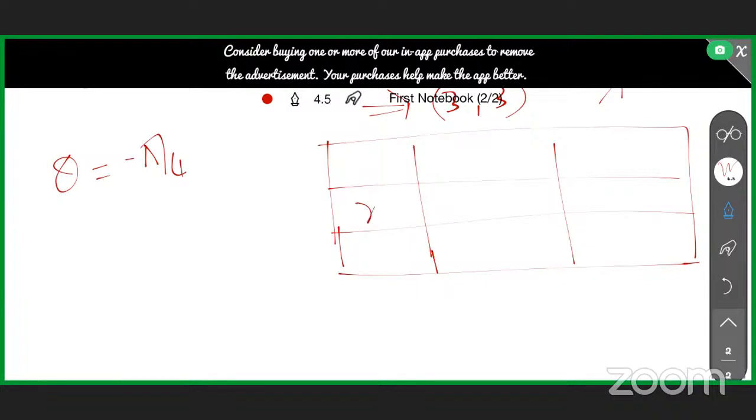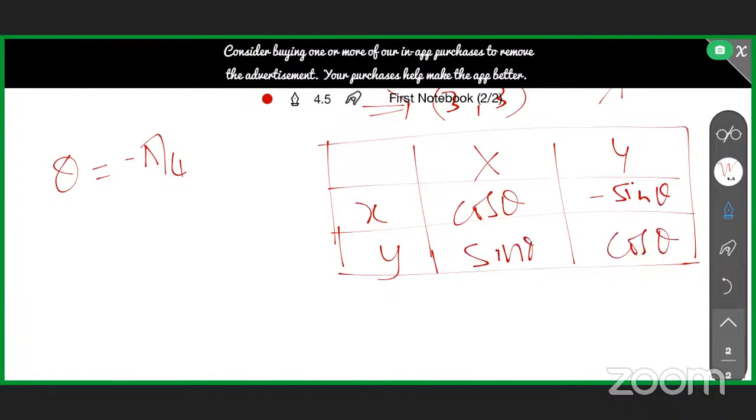So this is my small x, small y. This is my capital X, capital Y. This is cos theta. This is minus sin theta. This is sin theta. This is cos theta. Why are we taking minus? Because of the continuous transformation, reflection,